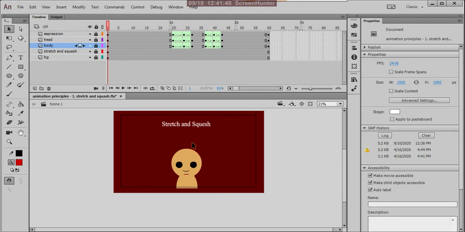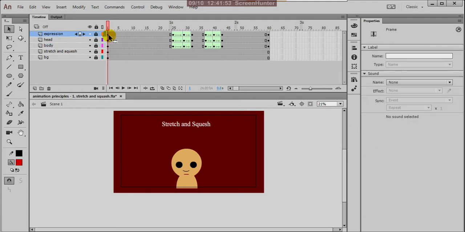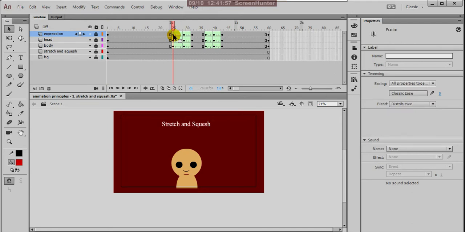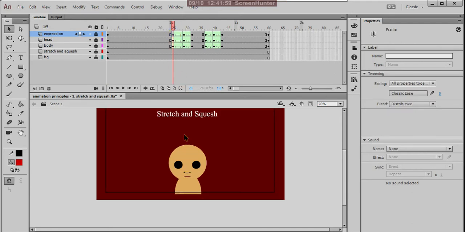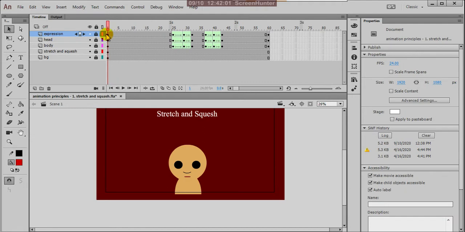So what I did here, up to 25 frames, that means almost 1 second of animation, the character will be the same, because after that only he is responding to give the attention, to drag the attention.